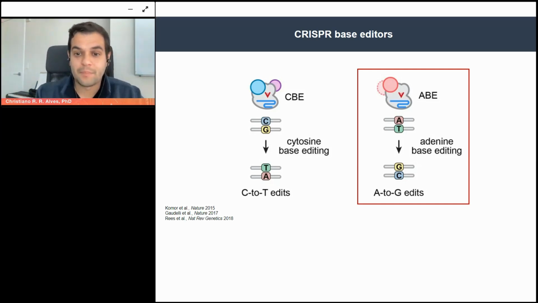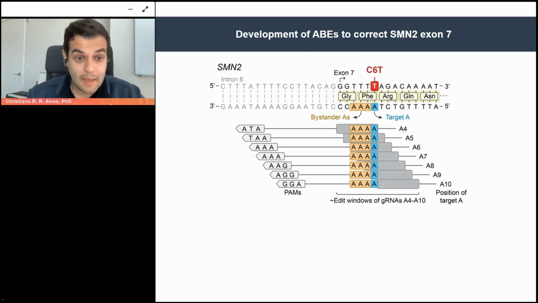Okay. When you think about the SMN site, which is the site that we actually want to fix, in this slide, I'd like to focus attention on the target adenine highlighted here. So when you see that in position 6, in red, we have that C6T. That's what we want to change. So if we target the complementary adenine in that nucleotide position and revert that to G, then we could make a complementary edit in the other strand, reverting the T back to C.